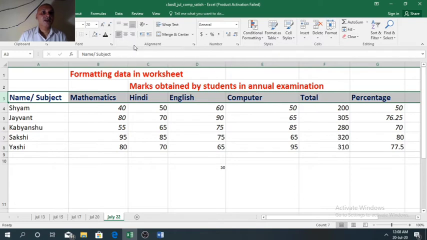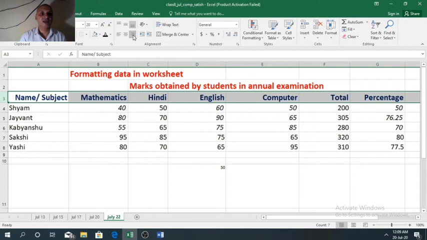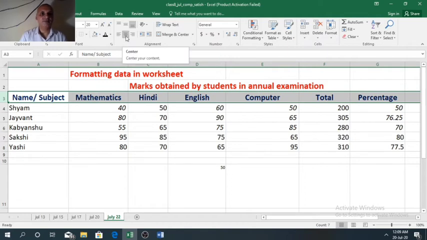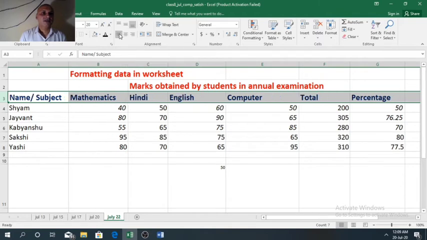By default you can see left alignment is active. When we click on right alignment, you can see all the data is aligned to the right side of the cell. Similarly, to make it center, we can click on center alignment. In the same way, left alignment.